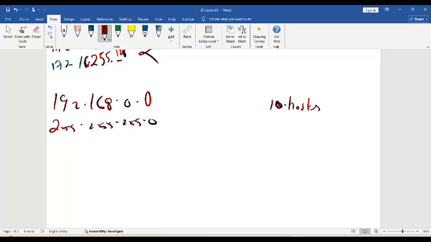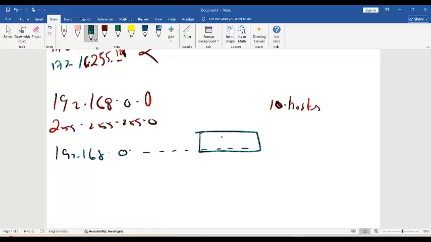For the 10 hosts, you need only 4 bits. So that's going to be like 192.168.0.12345678. In this, we need only these many bits, in which you will get 14 IP addresses, because 15 is the total sum of the face values, 8 plus 4 plus 2 plus 1. This is for the host. So the new subnet mask will be 255.255.255.240,